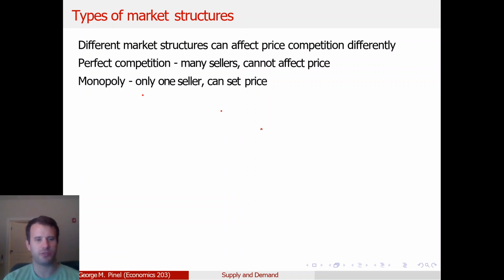Monopoly is the exact opposite. Instead of being many sellers, monopoly is the case where there's only one seller. And that seller can basically sell at whatever price they want. So if that seller wants to be generous and set a low price, they can do that, if their utility function includes being kind to others, or if they want to maximize profits, which